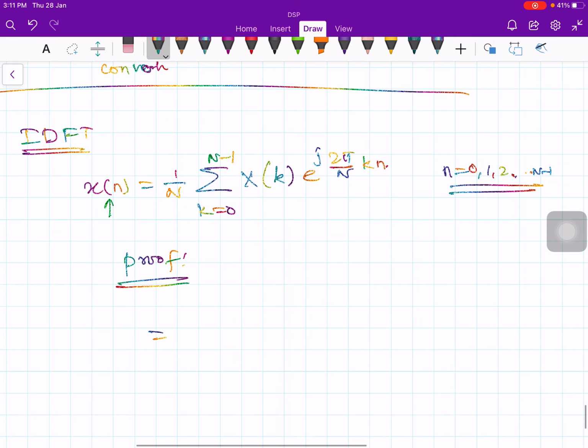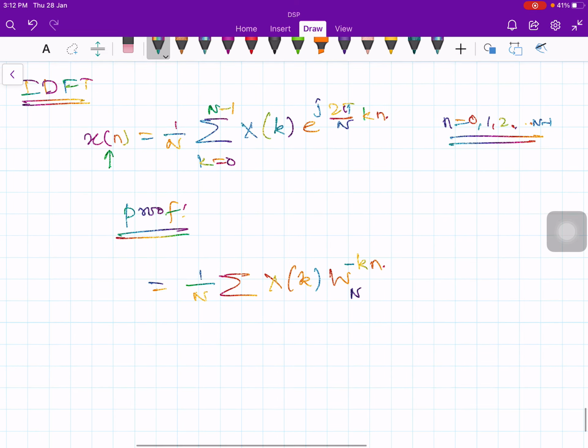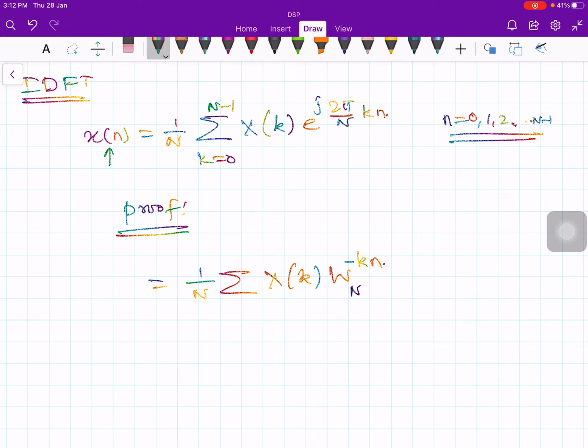Now this is going to be 1 by capital N summation of x of capital K, and let me denote it in the short form notation, W_N to the power minus kn. Okay, the trick is the same. Whether in Laplace transform or continuous time Fourier transform or discrete time Fourier transform, the trick is the same. What you do is you replace this x of k by its value in terms of the definition. We know the definition for x of k. So, we write this as follows: